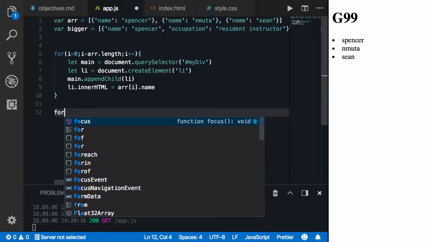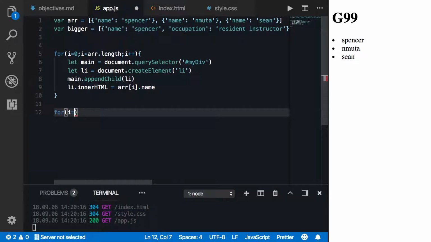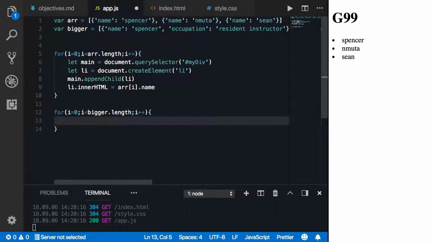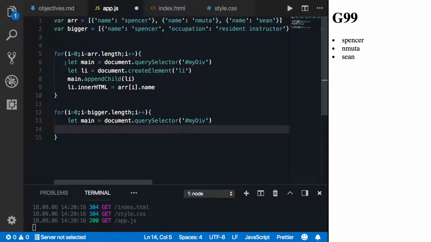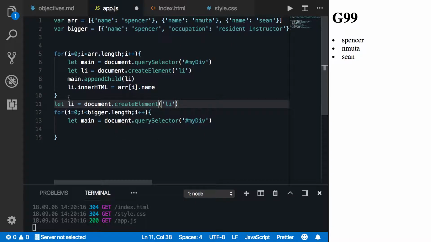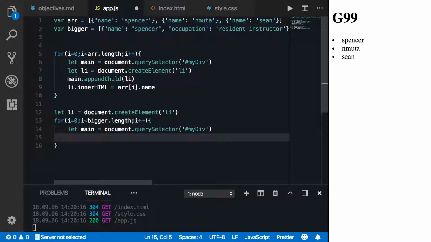So I'm just going to create another for loop and set up the for loop the same way I always do. Bigger. Ooh, that's how you spell it. Ooh, and quick note on this. It's always good practice to put whatever you're using in your for loop inside of your for loop. But the reason I have to do it this way is, say I take this create element li and I put it outside of it. And then here I try and say, hey,